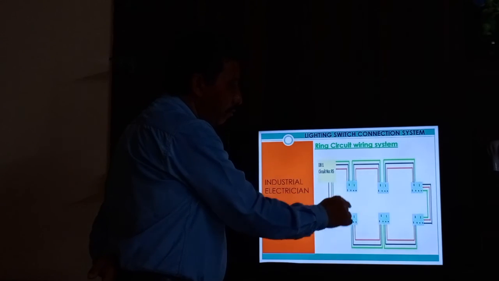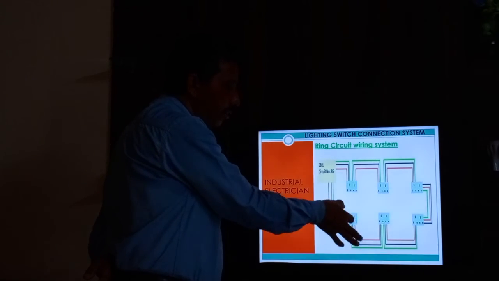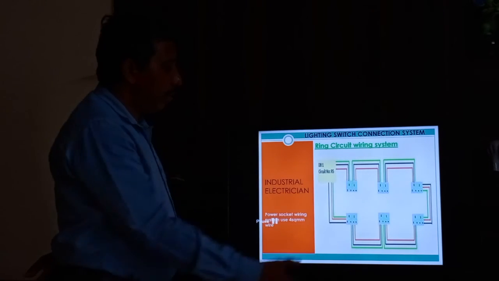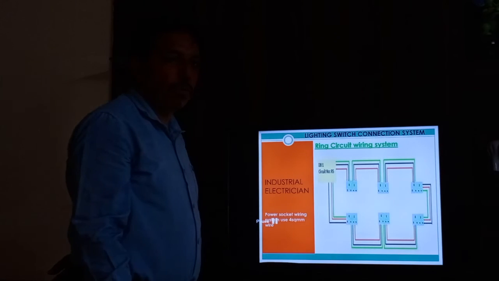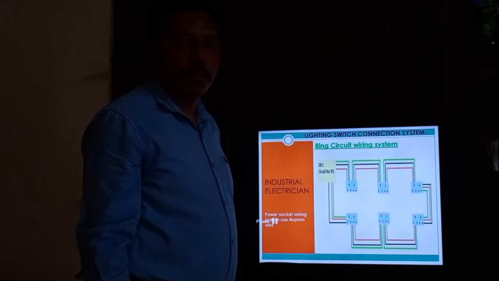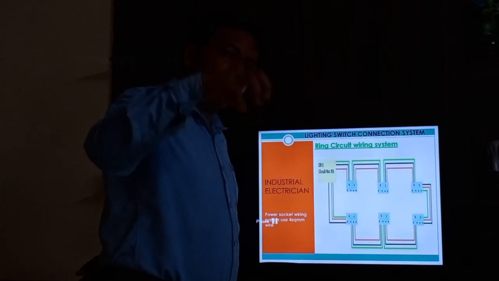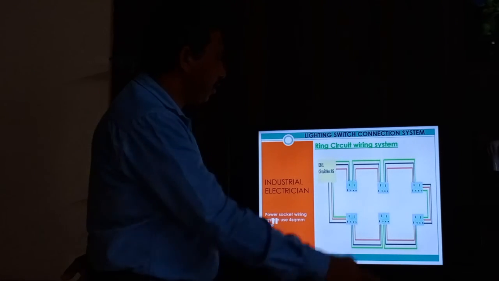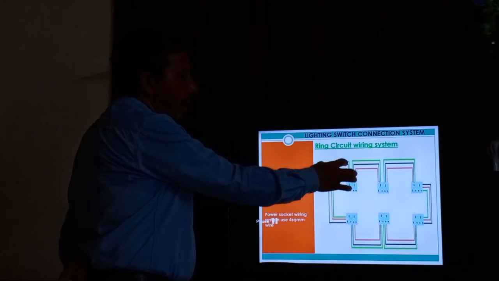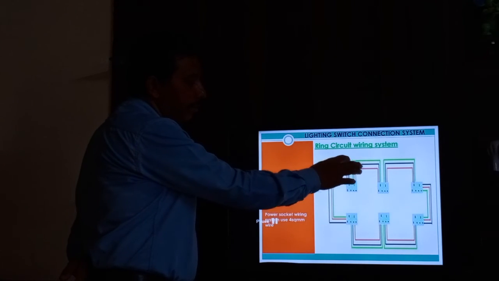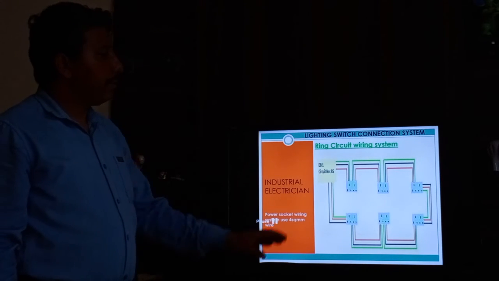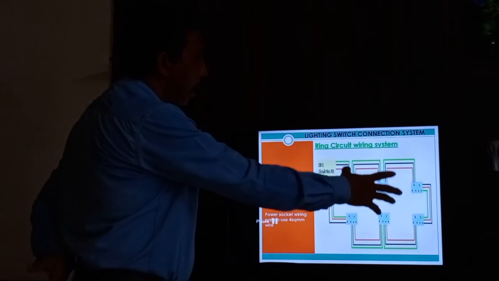So this is the first point, this is the last point. You can measure here and find the same voltages. If one side is given six wire, the last point has no voltage; voltage is coming but very low. So this one is not working. If we arrange it like that, it means balance of the load. So this is the system of power socket wiring.